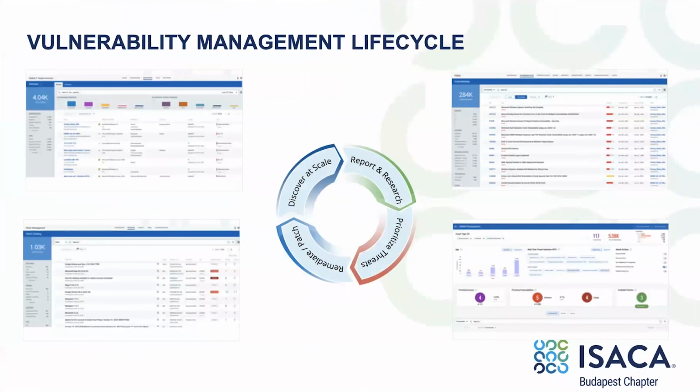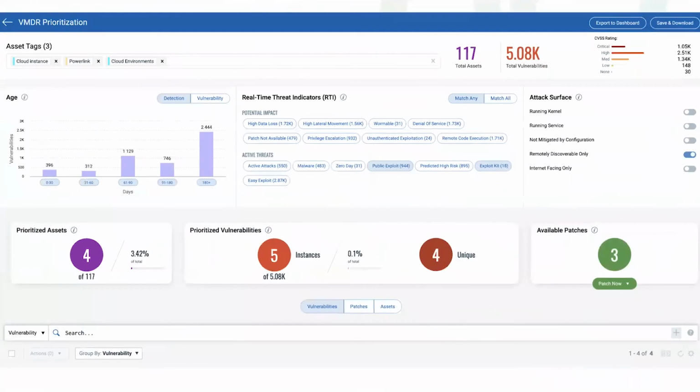For the prioritization phase, we have an efficient prioritization process to remove threats faster and in the right order. You can create a prioritization report based on vulnerability age, real-time threat indicators, and attack surface.